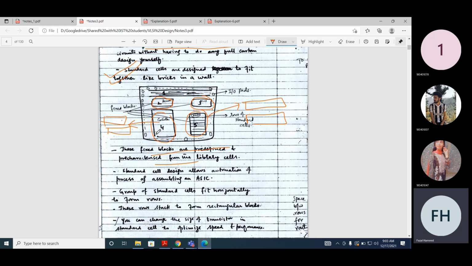Maybe AND gate type 1, maybe AND gate type 2, and so you design this from the existing library. So if a block is already available, you can just use that block directly. But if it's not available, you can design it from the existing blocks that are available in the library.